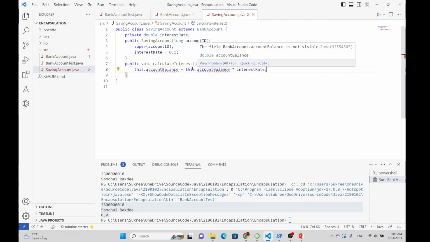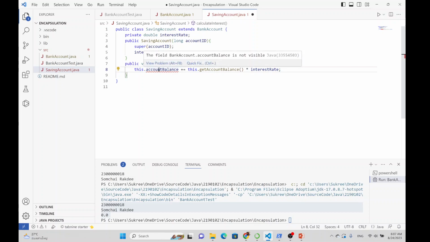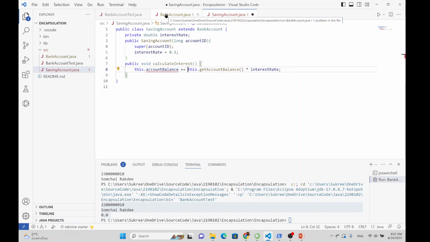Maybe you think that, okay, this one can be this dot get balance instead. So this one is correct. Plus equal, this one calculates the interest rate. But this one is still not right, because we don't allow other classes to directly access this one. So you have two ways. That is to set the balance, but that is not good. So the other way is